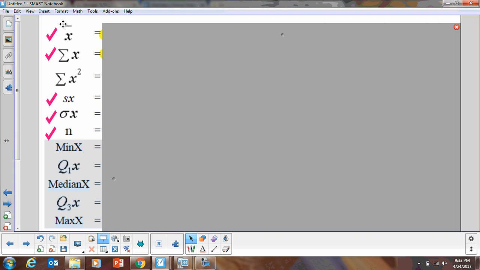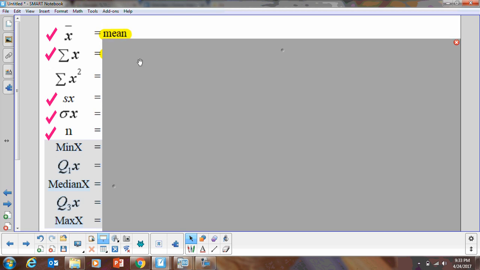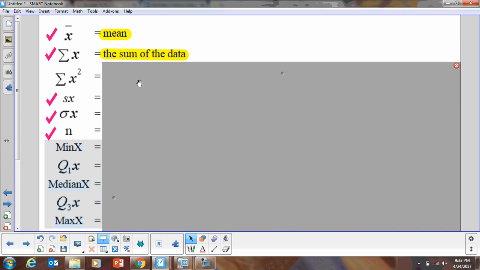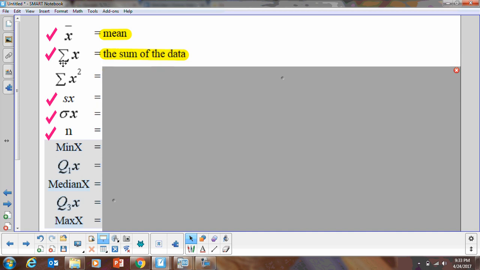So now we start using the calculator. These are the terms you have to keep in mind. You'll see this in the calculator display and you need to know what they mean. The first ones, the ones which have been ticked for you with the pink ticks, are the ones you have to bother about. The first one is x bar, which means the mean. If you remember, we did measures of central tendency: mean, mode, and median. Then we have summation x, the sum of all the data. This is the capital sigma, a Greek alphabet.